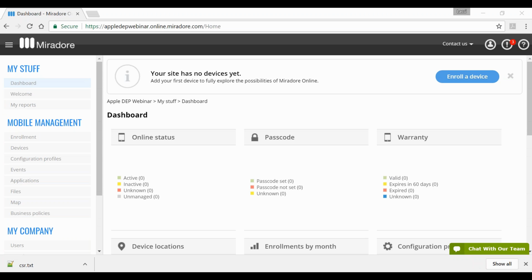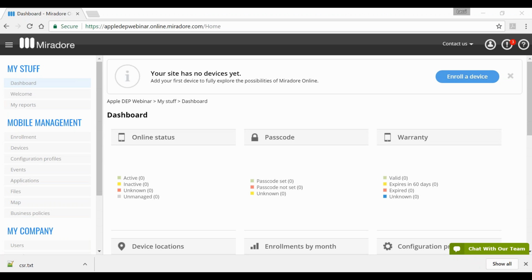You can also automate the initial device setup, so if you are delivering the devices directly to the end users, they don't need to know how to set up the device for the first time and how to enroll it. This can be automated, so you can select which selections they need to do. Let's see that shortly.